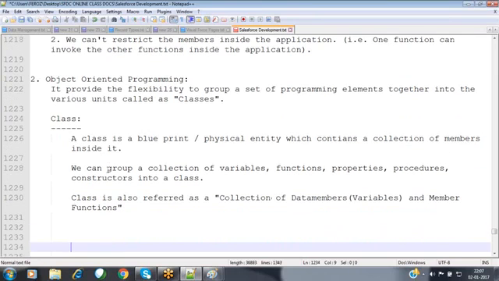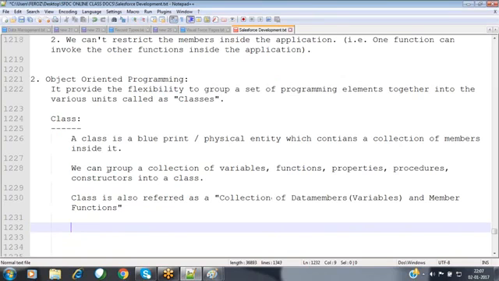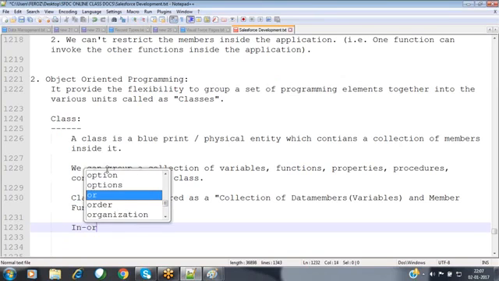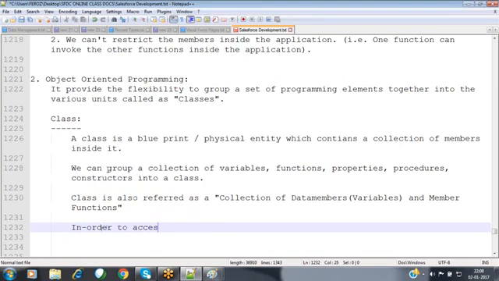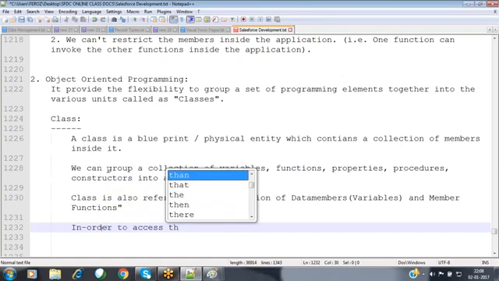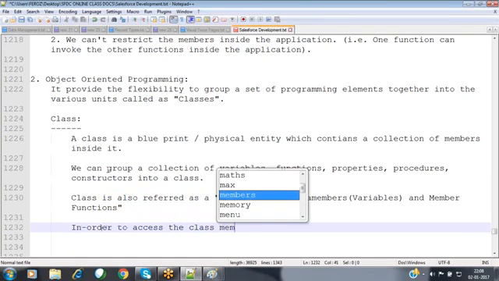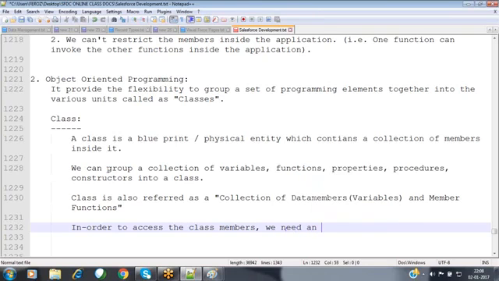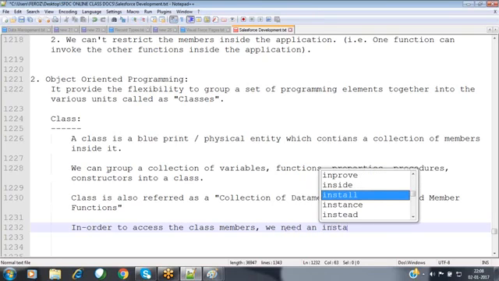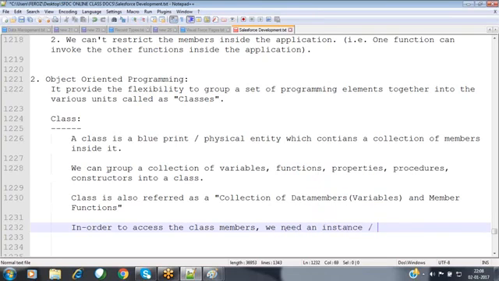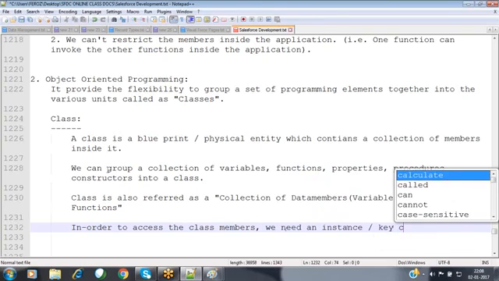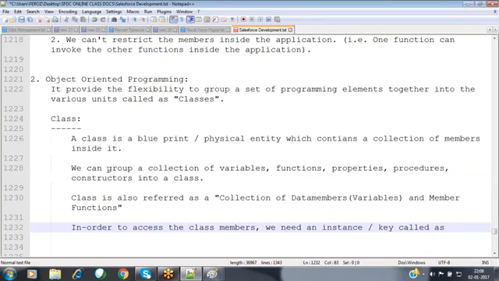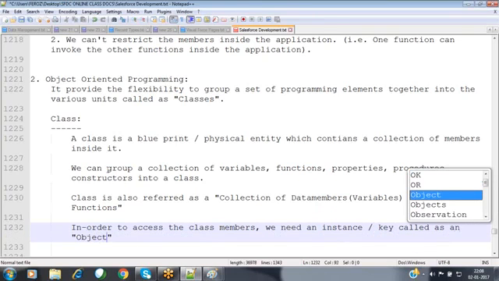Now, in order to access the class members, we need an instance or a key called an object.